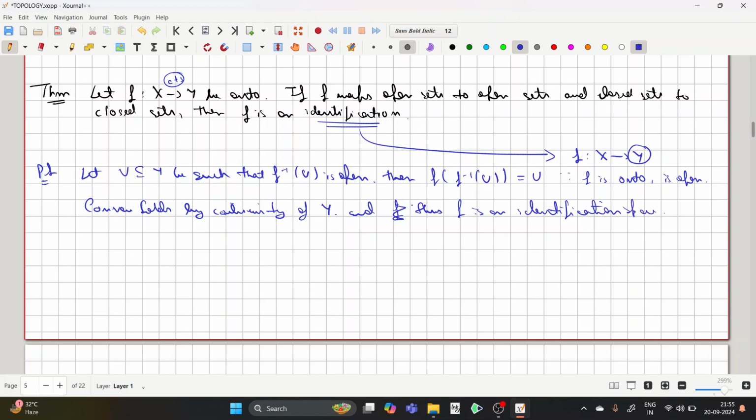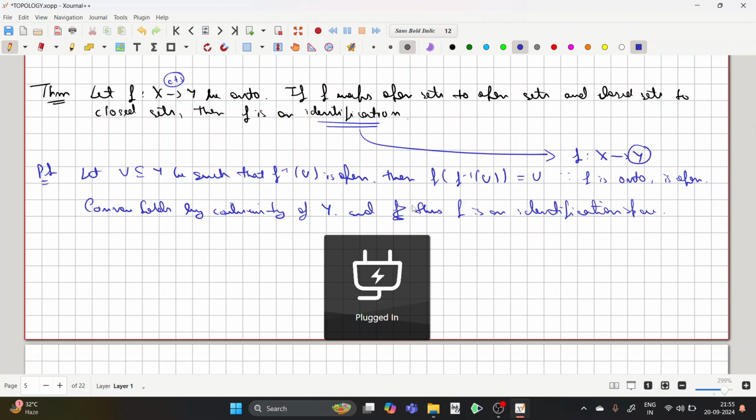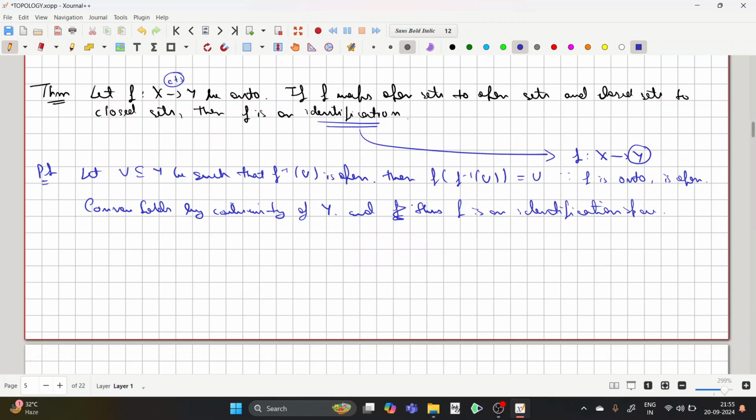Okay. The next theorem is actually quite important, and this we will be using throughout. So let me just give this a name, the theorem star. Okay. So let f be onto